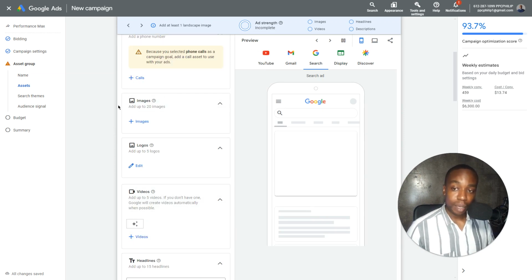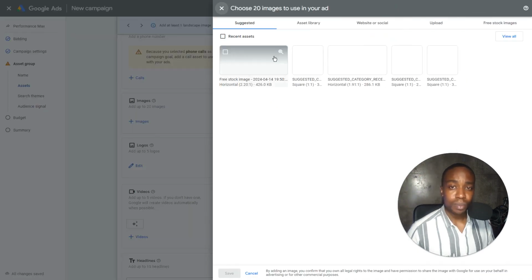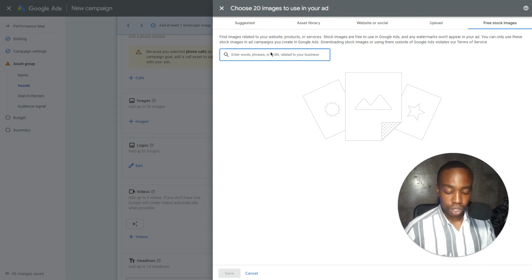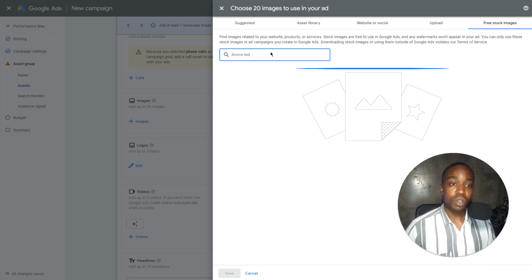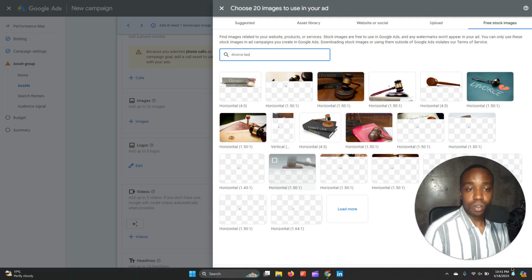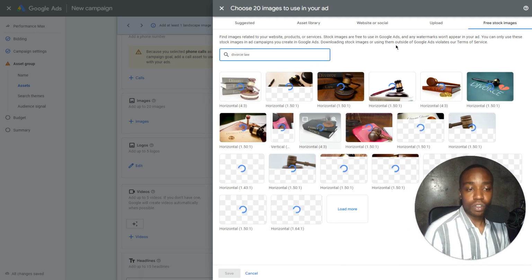Then you're going to add the images, right? You're going to pick some images. I can help you guys pick some images. What I typically do, if I don't have any images provided by the client, is sometimes just search the service. So I'll go maybe divorce law, and I'll search that, and I'll see what images they can suggest. They've got a few images here. You see, this could be interesting. Divorce, family law,